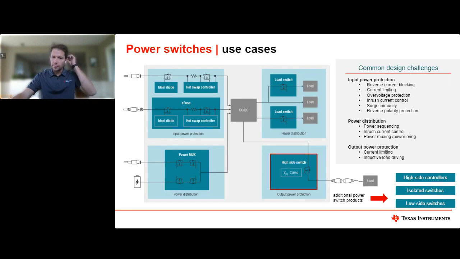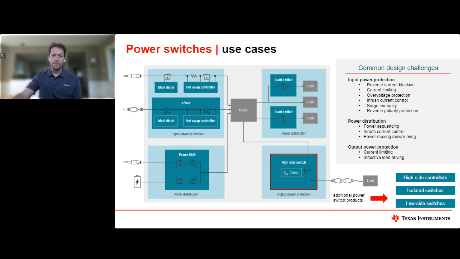So starting at the power switches level, I just wanted to give an overview of what power switches is to TI. So power switches is anything that switches DC power from input to output. So if you have a 24 volt input and you want to switch 24 volts to the output, you can use a power switch to do that. Our devices generally only handle DC levels, but they can also handle levels up to 2 kilohertz.